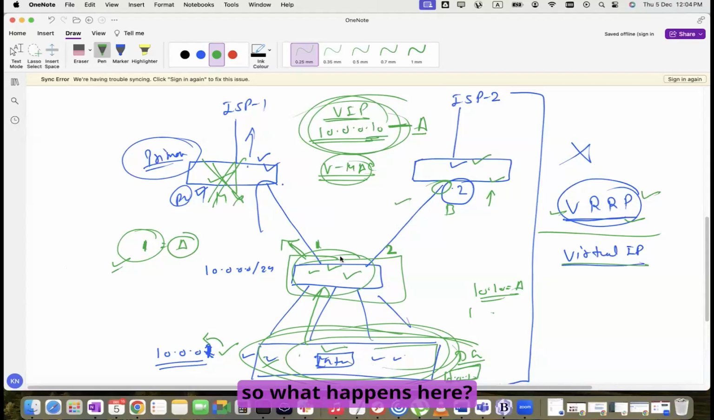So what happens here, we never run VRRP on this switch. On the layer 2 switch, we never run it. We only run VRRP on these two switches. So what happens here is the moment the backup device takes over the role and becomes master, in the background, this switch will send a GARP packet, a Gratuitous ARP packet containing